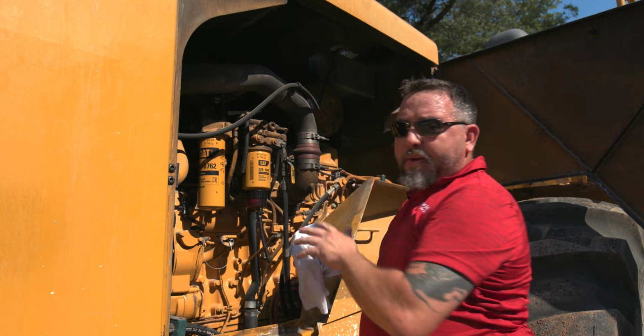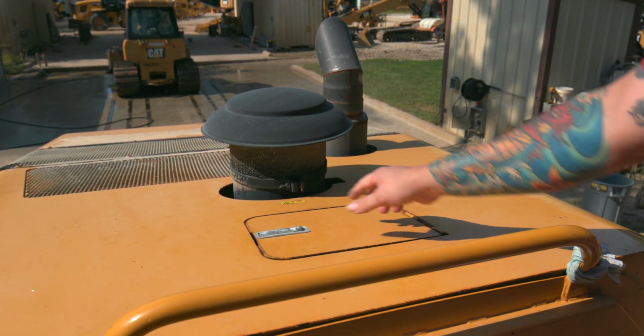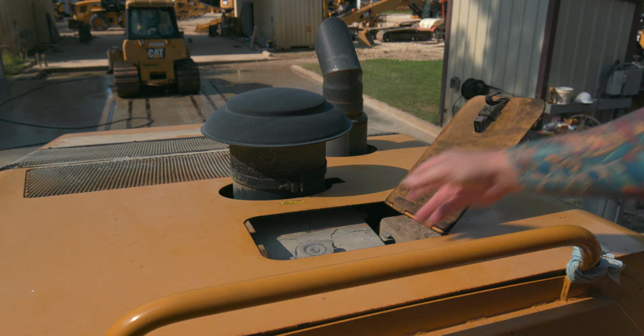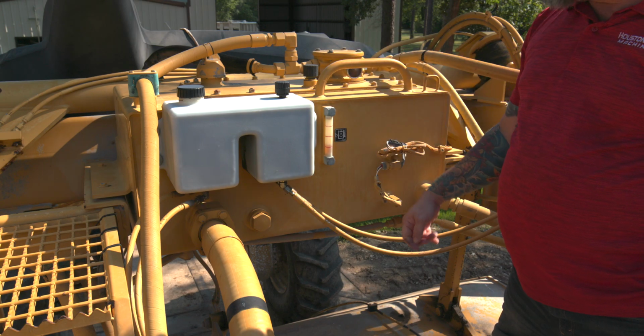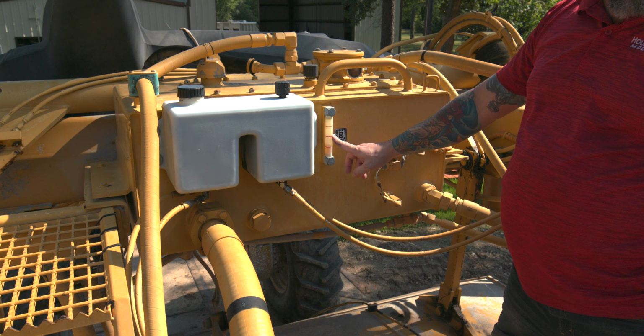Then we can proceed up top, check the coolant level and the hydraulic oil level. So what we're going to do is check the coolant level. We're going to open up this little access door on top, and check the coolant on the sight glasses, and halfway. Here we're going to check the hydraulic oil level, located above the drum. We just want to make sure it's between the bottom mark and the middle mark,